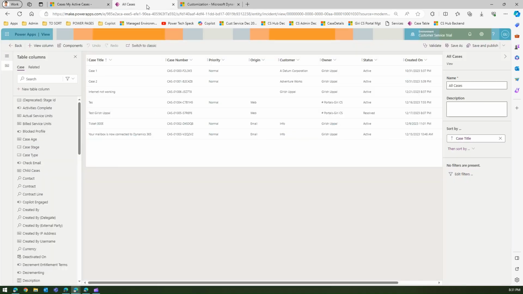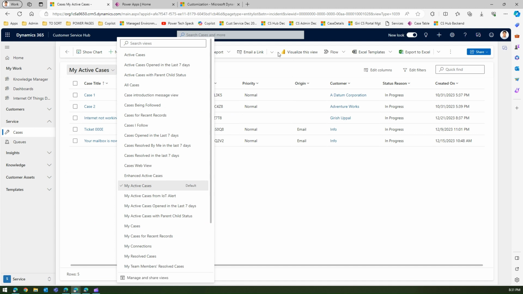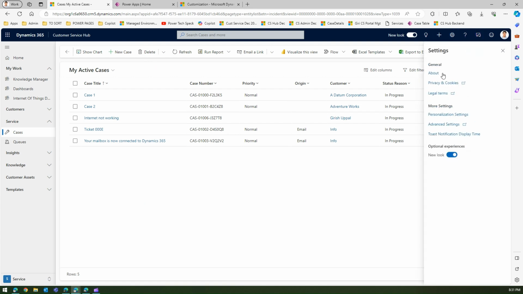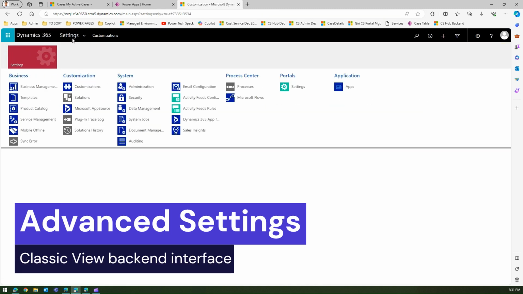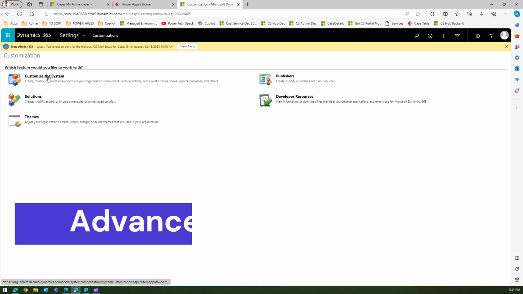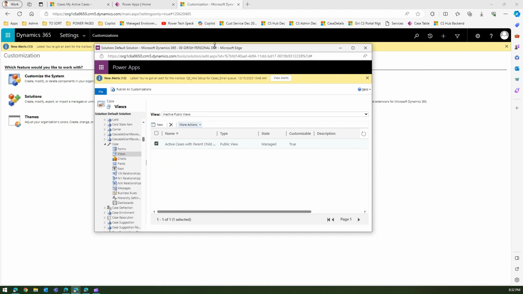So again, coming back to this, there is no direct way for you to edit those views in the app designer. So what are the other options? The other option is to click on the clock icon over here and click on advanced settings. I've just clicked on advanced settings, and I can see this. If I go to settings, customization, and click on customize the system, I'll be presented with a backend screen which has this